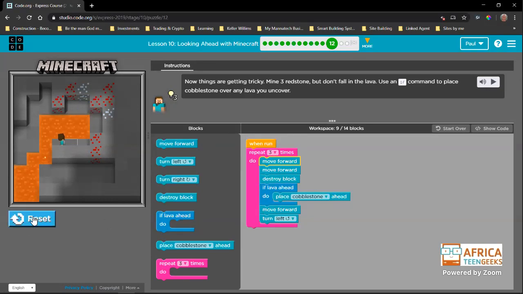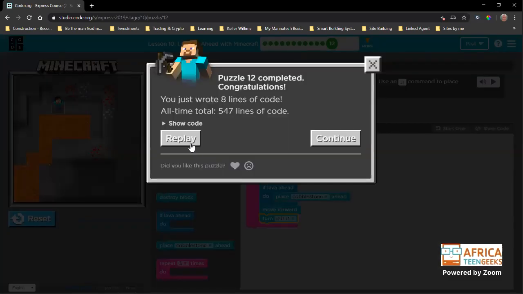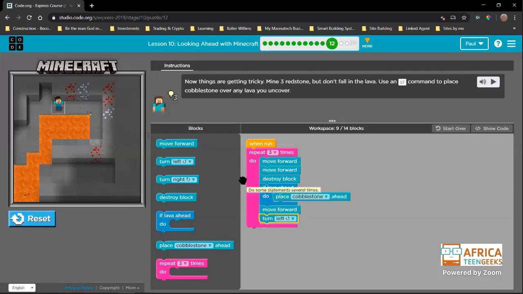Now let's run the code. Okay, there's lava, he's placing cobblestone, there we go, breaking. There is no lava, so he's skipping that if, again, there is no lava. Okay, so it happens a bit fast. I'm just going to do this. It happens a bit fast, and I cannot control the speed on these ones like I could with the snowflake